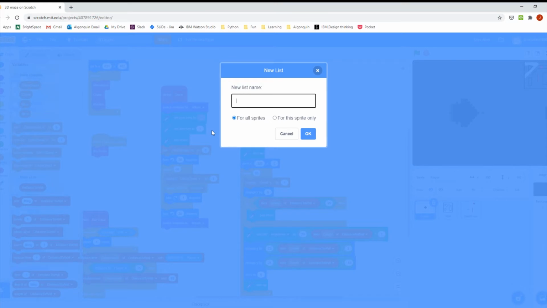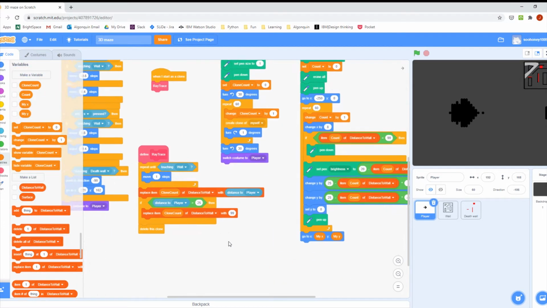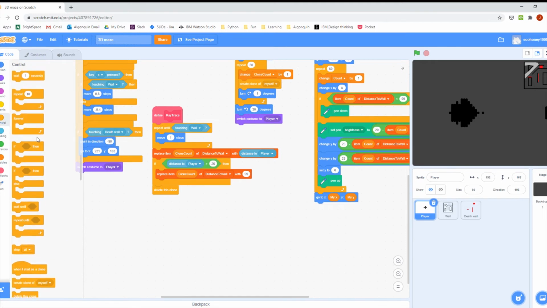We will make a list, name it surface, which will detect which surface it is. It is basically using the exact same method as the distance to wall did. We just have to go here again and get an if else statement, if touching wall, and then replace item